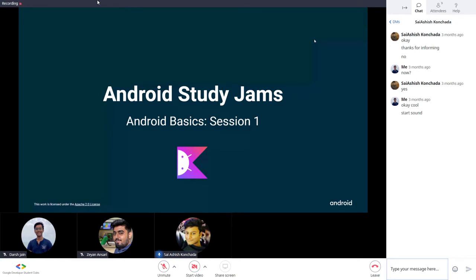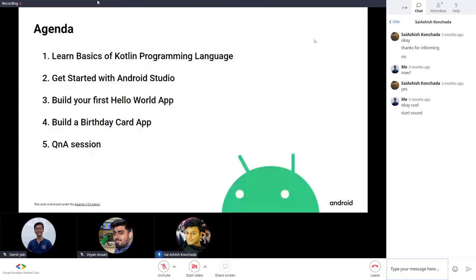What we'll do today is learn the basics of the Kotlin programming language. I covered in the first session what Kotlin is and why we prefer it, and I'll just recap it in a few seconds. Around seven of the top 1,000 apps in the world in the Play Store contain Kotlin, and even Google uses Kotlin as its official programming language. Being a GDSC, Kotlin has very good scope. We'll focus on Kotlin because it's easy, it has a lot of scope in the market, and it's among the top 5 languages learned worldwide.